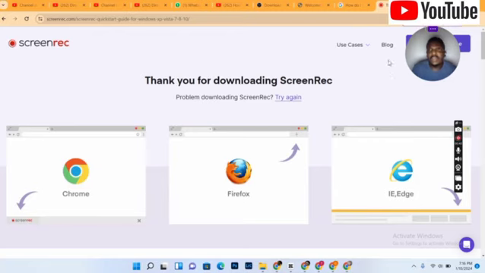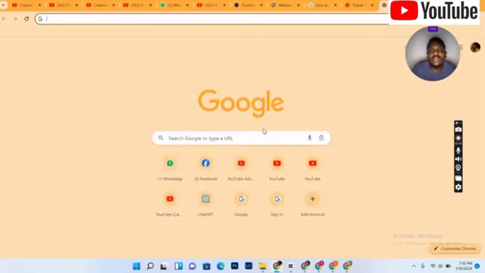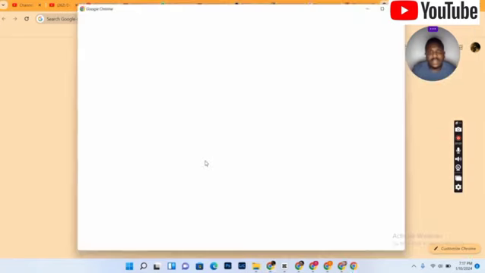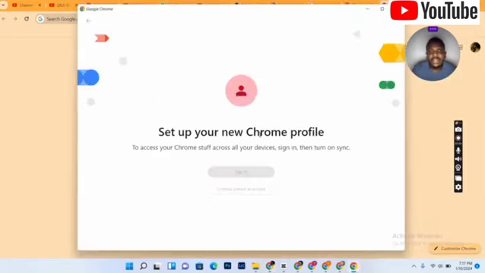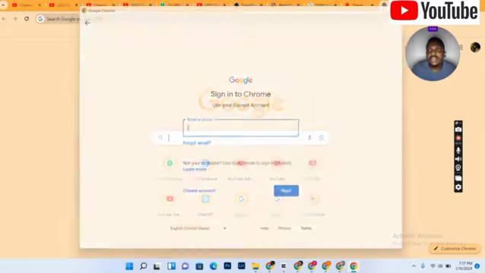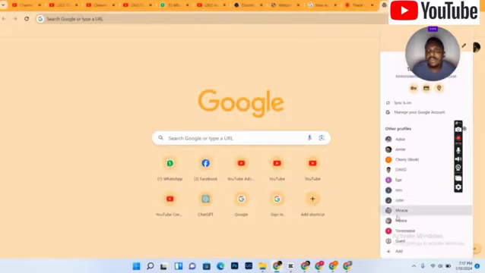Without wasting time, you go straight to your Google Chrome, and if you don't have a Gmail account, a Google account, you just quickly create one. Very easy. Create a Gmail account, sign in there. Because I already have one, we're going to go straight to how we can properly set up our YouTube, because there are some features I said earlier that we can't actually see on our mobile device. So we're going to be using our PC, a computer.